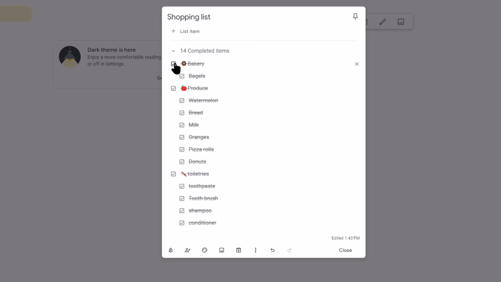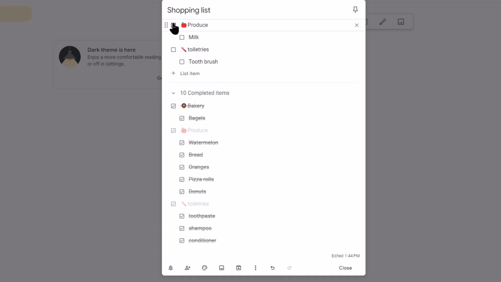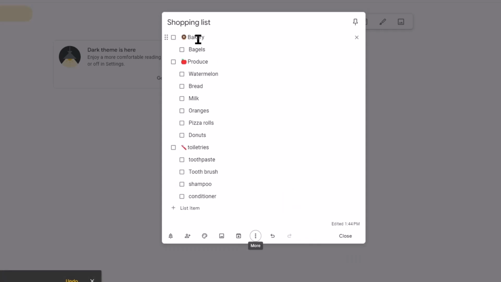So I can come back down to my list and I can either A, uncheck something that I need again and move it back to my list, or if I need to, I can click on these 3 dots for more and then go to uncheck all items, and it will instantly move everything back up in my shopping list for me. Another very useful feature of using Google Keep for a shopping list is that you can collaborate with